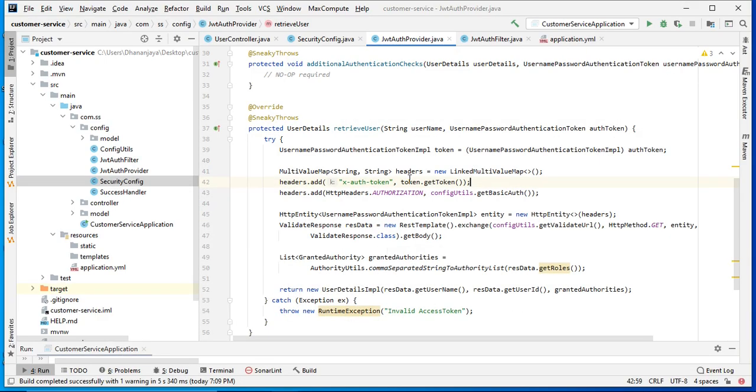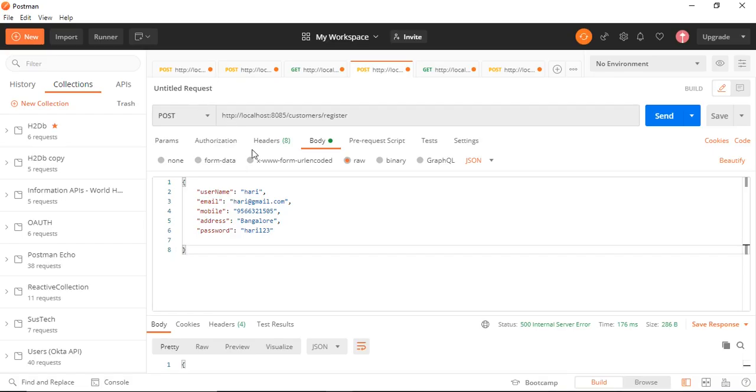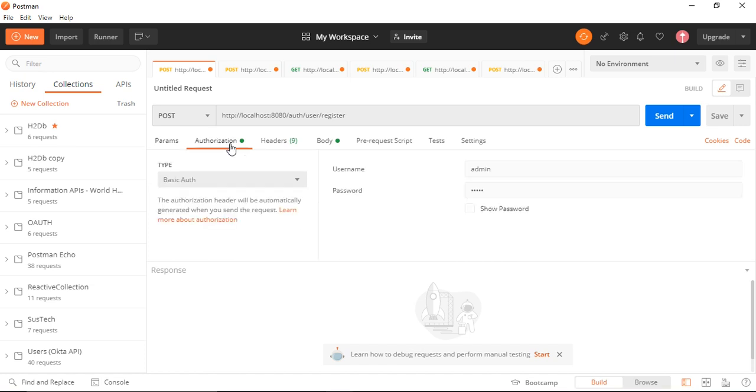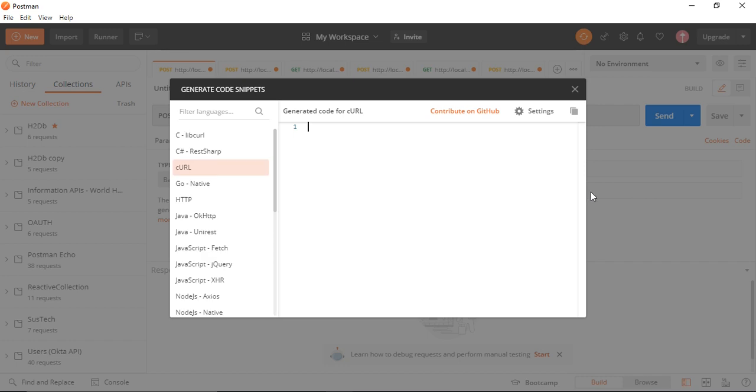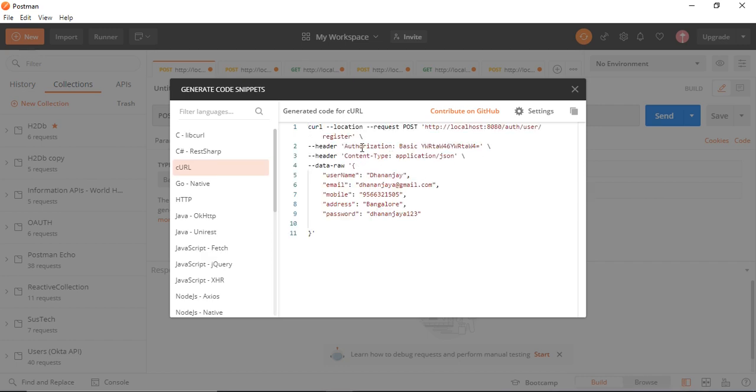So that basic authentication-related header we need to pass here, like the admin which we covered yesterday, or in the previous video. This admin we need to pass, and that code we need to pass: Authorization equals Basic something, this base64 format code.